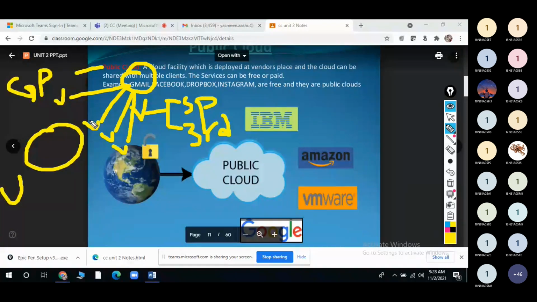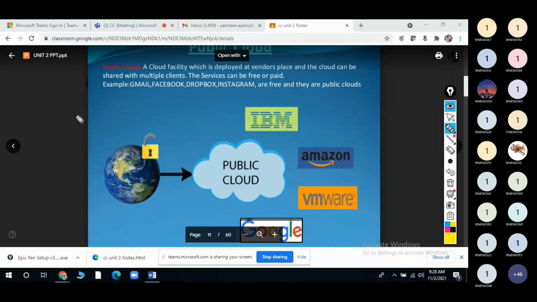Simply we can say multiple clients, and whatever services from the cloud we are utilizing, these services may be free or paid services. How free or paid? For example, take Gmail.